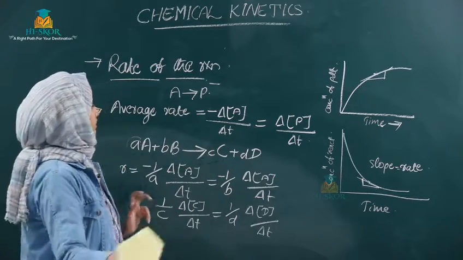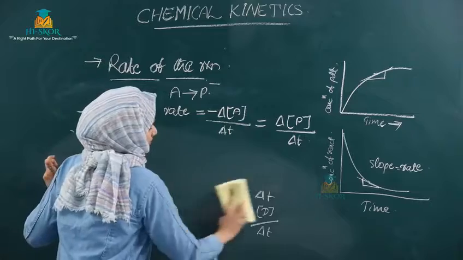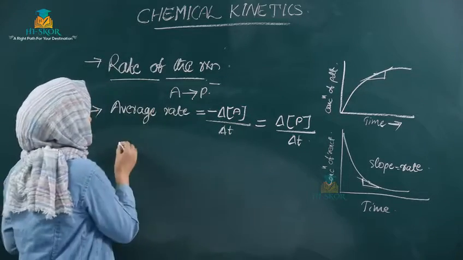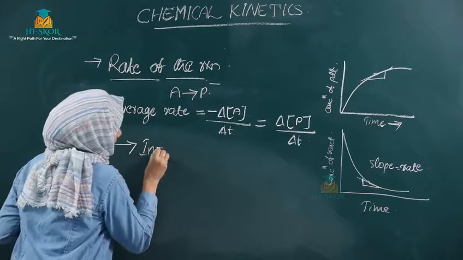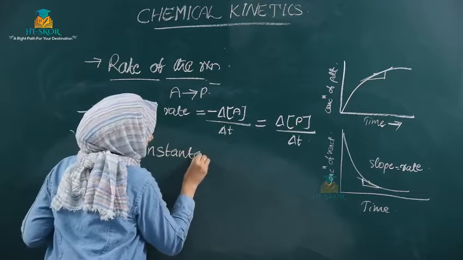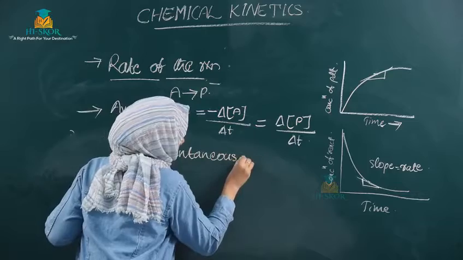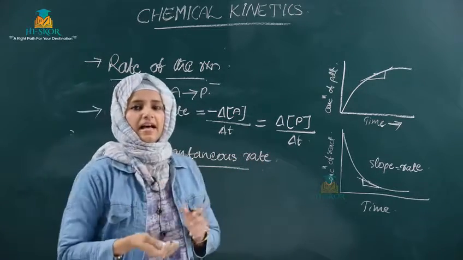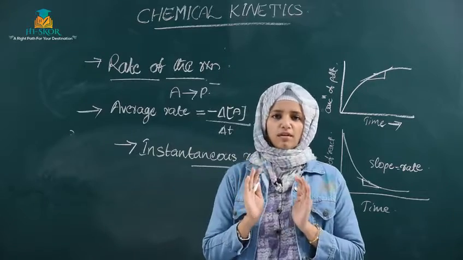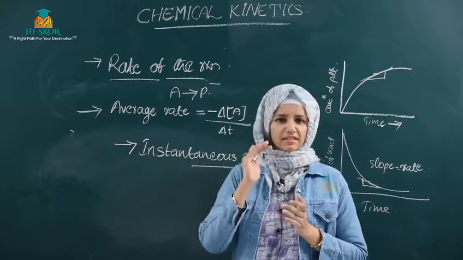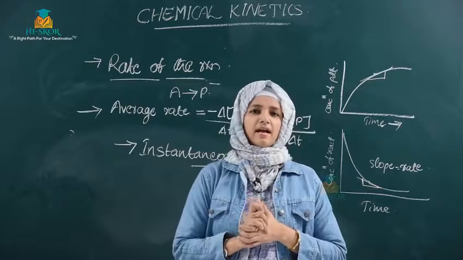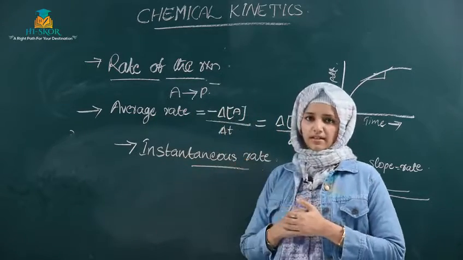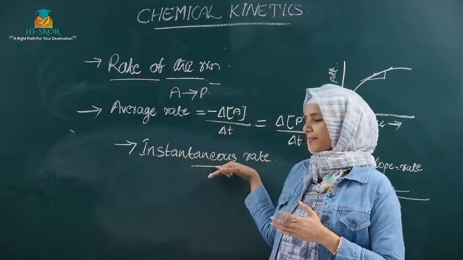Okay. Next we will move from average rate to instantaneous rate. What is the word? Instantaneous. Instantaneous rate means the rate expressed in a small interval of time. That is, in an infinitesimally small interval of time we can express the rate. That is known as instantaneous rate. How will you express this? You see,